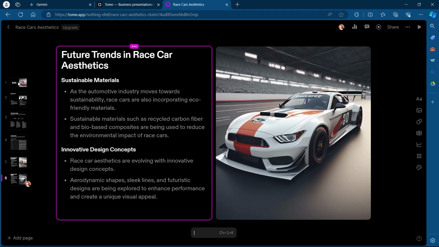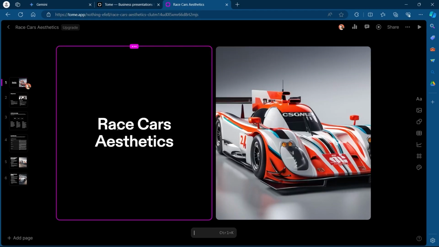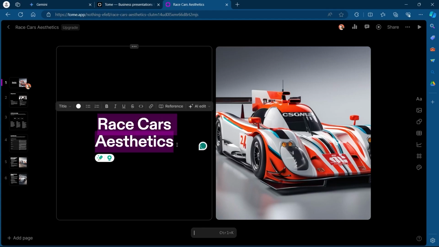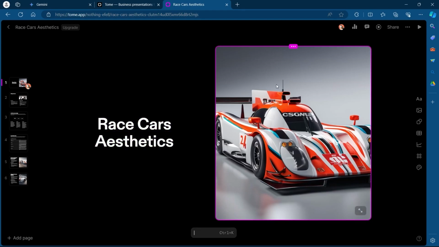Now, if you want to edit this presentation, you'll have to click on that specific slide and simply select here. For example, if I want to edit text, I will select this text and edit it anyhow I want. I can make this text bold, italic, underlined, choose the color of this text, and whether I want this text to be displayed as a title, heading, subheading, body, or caption. So you can choose these attributes for your text on your page,